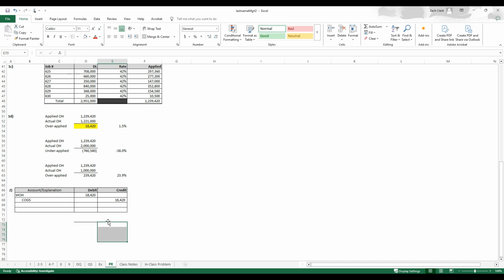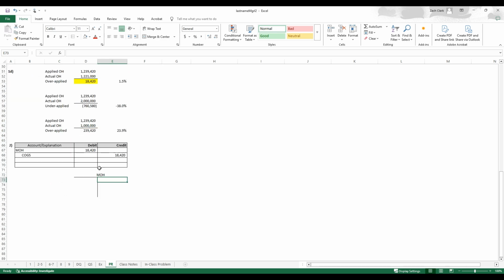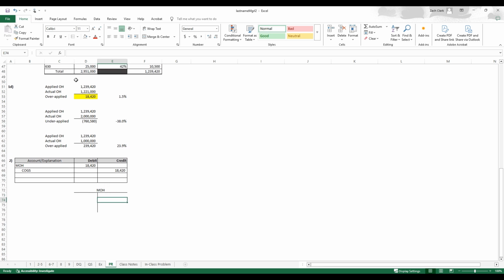I won't put all the accounts like we did earlier to look at for the cost flows and everything, but let's just look at manufacturing overhead. Oh, why does that look so funny? Oh, because they're not the exact same width. But that's fine. Okay. So what I'm saying is, we had actual overhead of this, so we debited our overhead account there, and